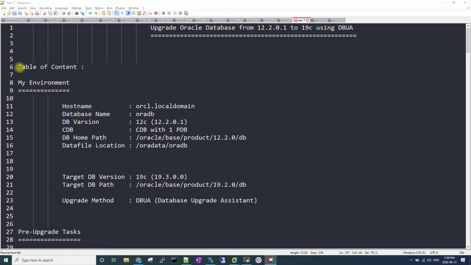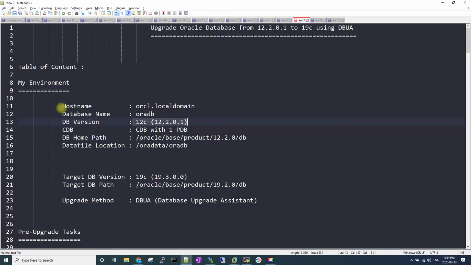Currently, I will show you what my environment looks like. I haven't installed it yet, but today's environment will have Oracle 12c 12.2, and it will also be a multi-tenant environment. We will see how the multi-tenant environment is upgraded, including the PDB seed, one pluggable database, and the container database itself, that is CDB root.